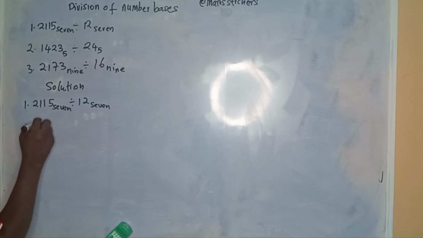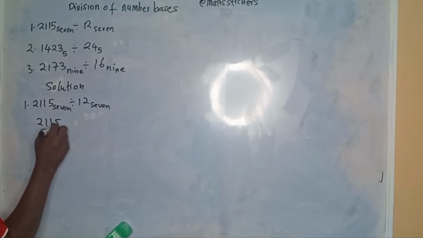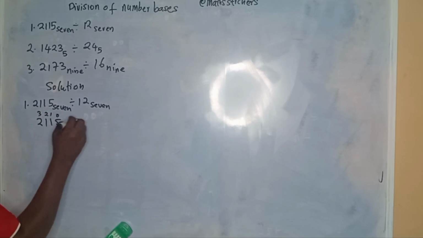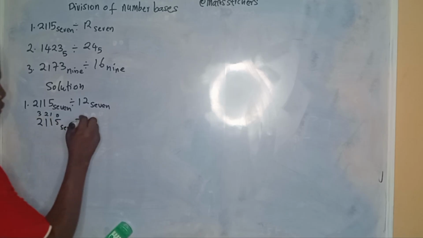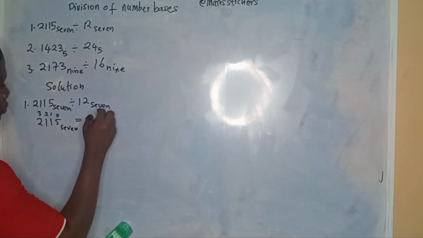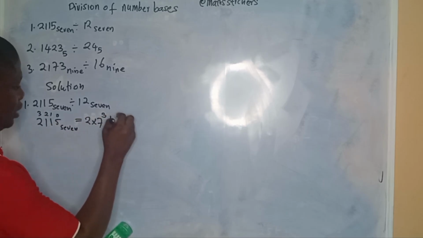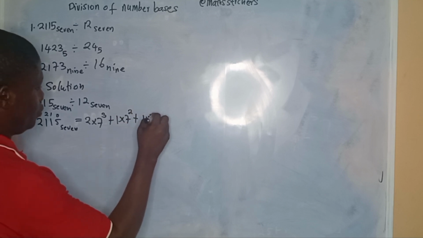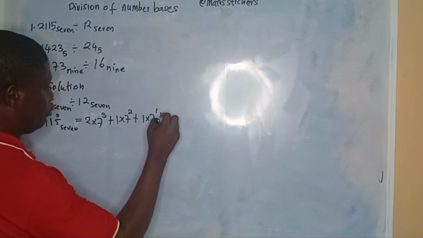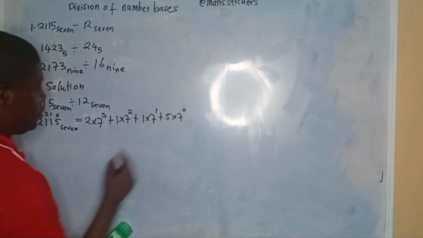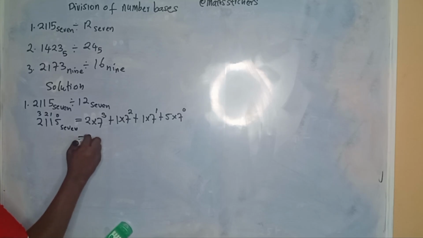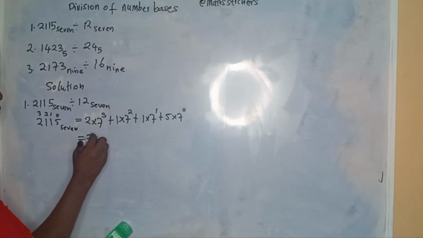So we're going to have 2115 in base 7. Now the place values here are 0, 1, 2, 3. So this will give us 2 times 7 raised to the power of 3 plus 1 times 7 raised to the power of 2 plus 1 times 7 raised to the power of 1 plus 5 times 7 raised to the power of 0. Okay, so this will give us 2 times 7 raised to the power of 3 is